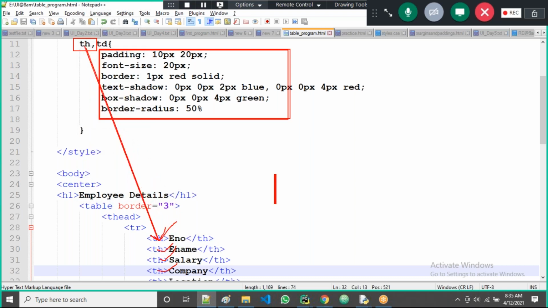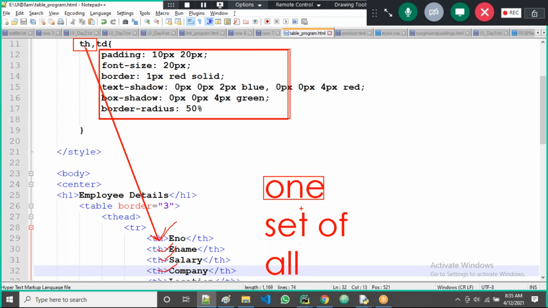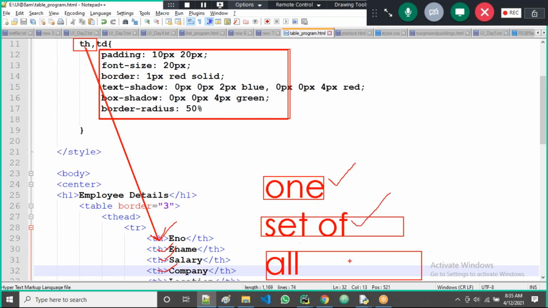I want to apply for any one TH tag, or a set of TH tags, meaning two or more TH tags, or else for all TH tags, guys. Okay, I'm going to select only one TH tag, two or more TH tags, or all TH tags.